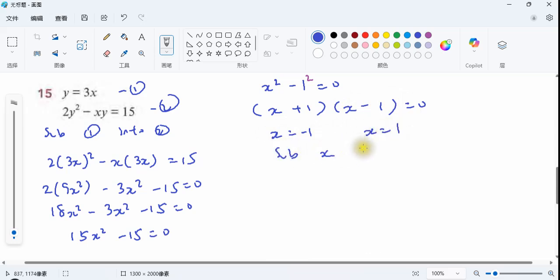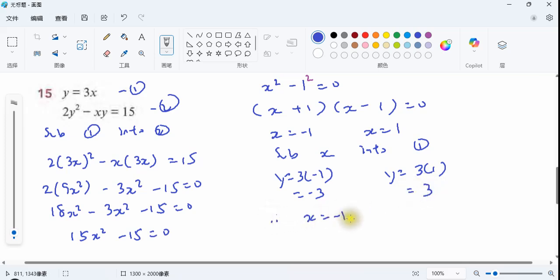And then we sub the value of x into equation 1. Then y is 3 times negative 1, then negative 3, and y equal to 3 times 1, then is 3. So when x is negative 1, y is negative 3, and when x is 1, y is 3. Okay,